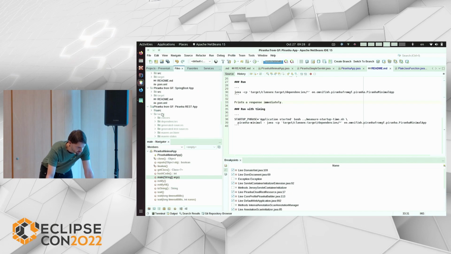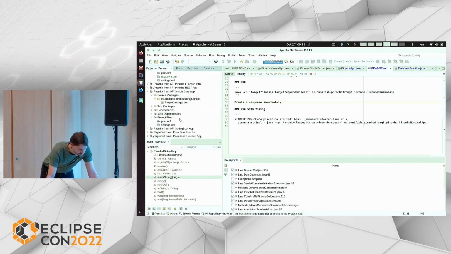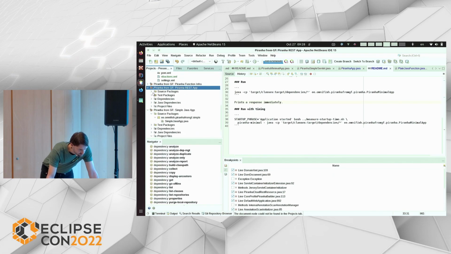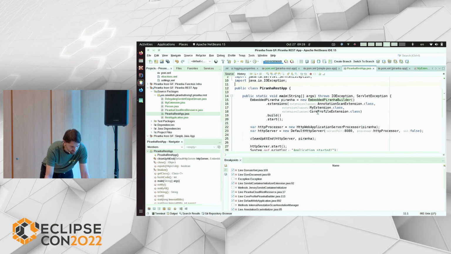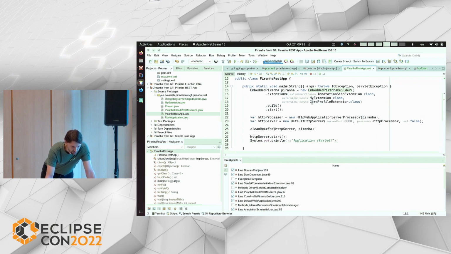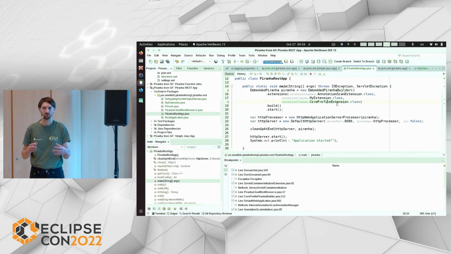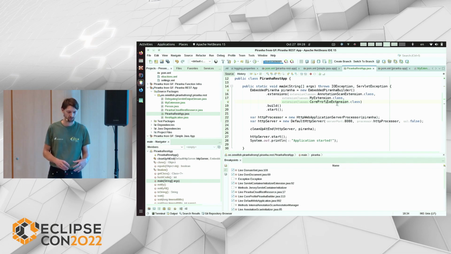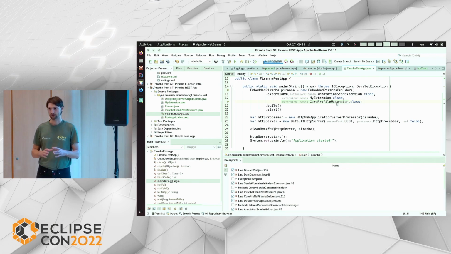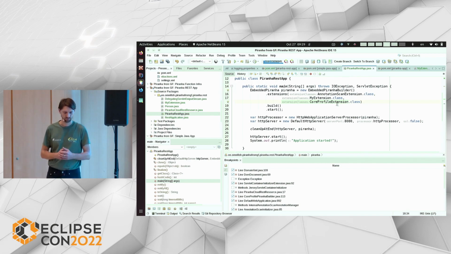Where do I have it? Here. So the code is a bit more complicated, but not that much. We have a Piranha REST application, but in this case, it builds on the core profile extension. So I don't only load Jersey, but I load some other things that are in the core profile. I'm not sure if everything from Jakarta EE core profile is already there, but there's Jersey, there's CDI.